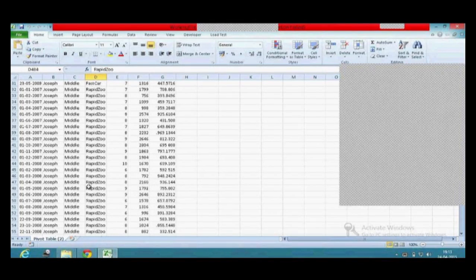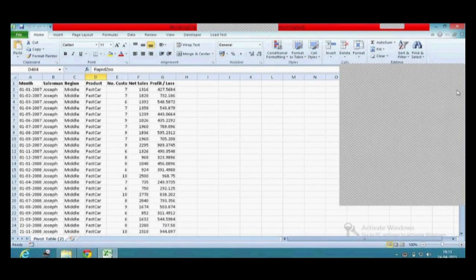A quick explanation of this data, it is very simple. I have the month, the salesman, the region, the product, the number of customers to which he has made sales, the net sales amount, and the profit and loss. Using this, I'm going to create a pivot table.